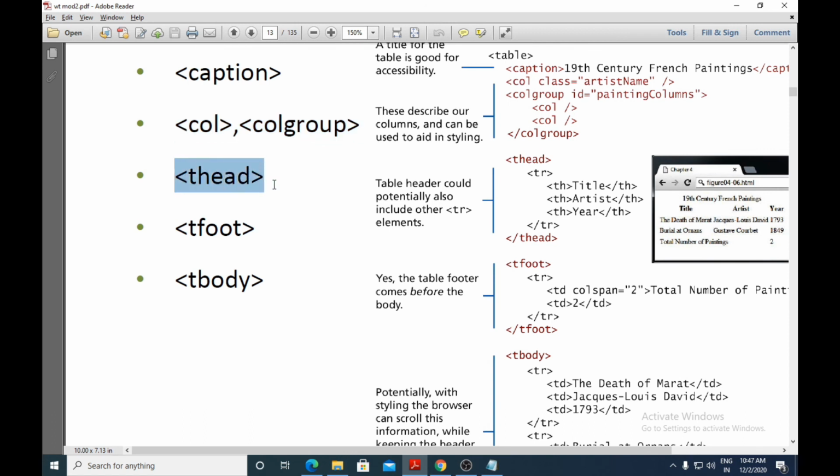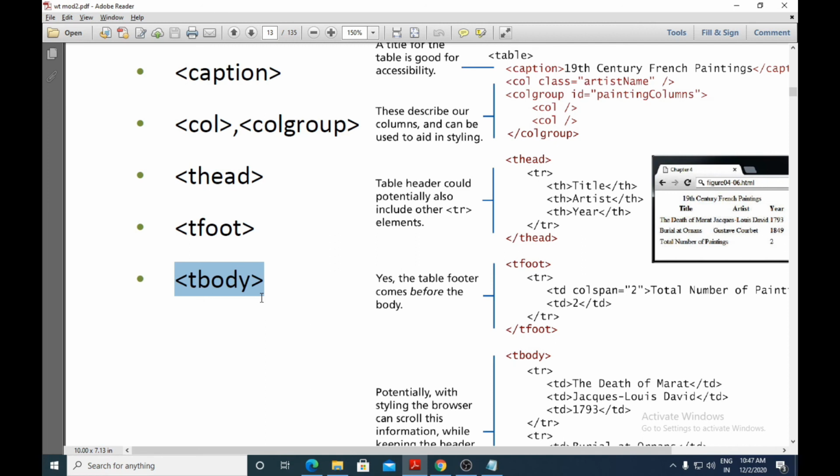T head is a collection of all the headers, all the titles. And T foot is where you place the content which appears below the table, at the footer. And the last one is T body, where you have the content placed using